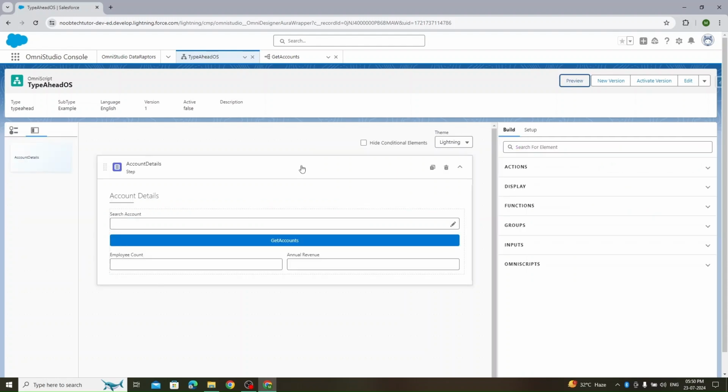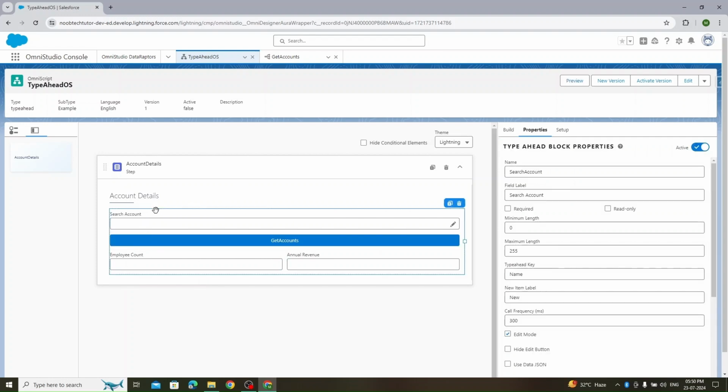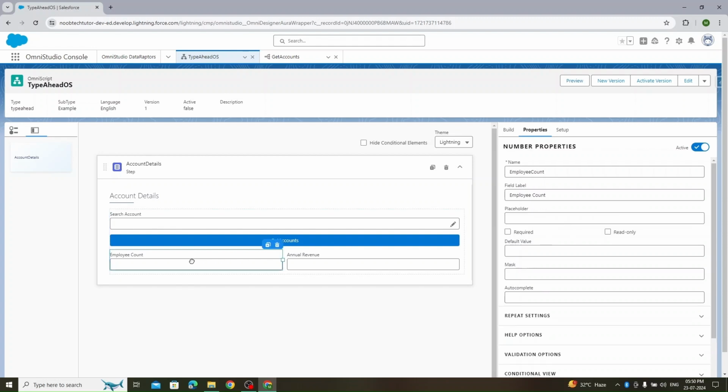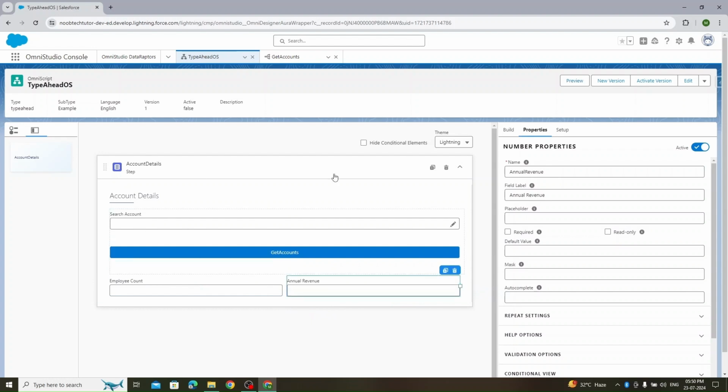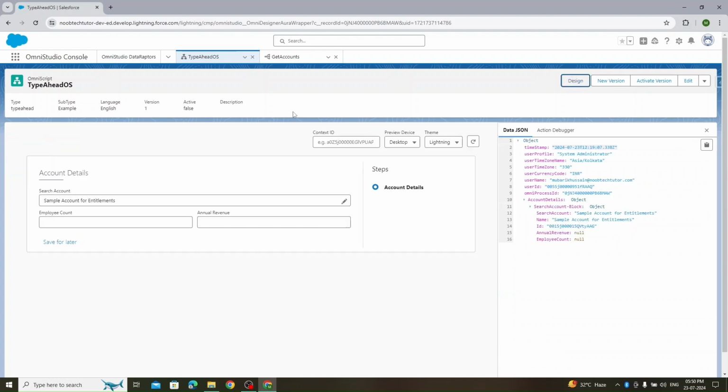There are a few things I would like to draw your attention to. If you want any field to be pre-filled, make sure that you use it in the type ahead block and do not put it outside this block. Otherwise they will not get pre-filled with the selection that you make. Let's take an example here. So I'm removing both of these fields out of this box, and if we preview it again,